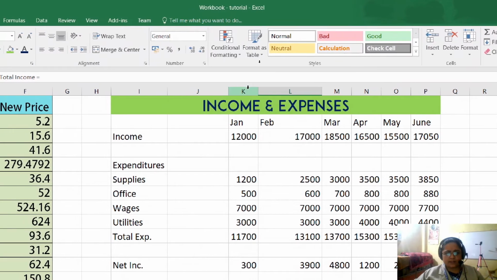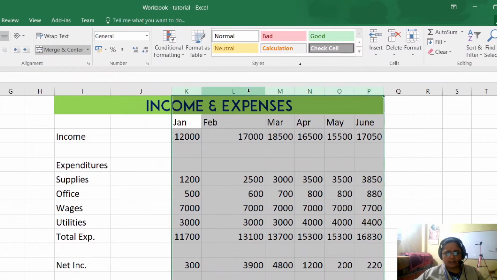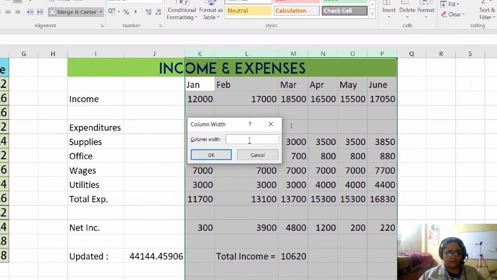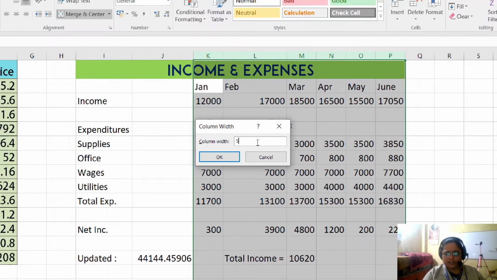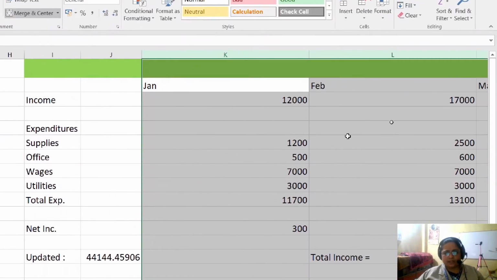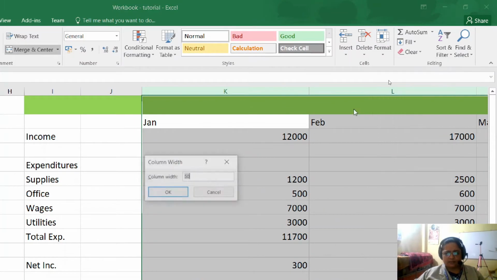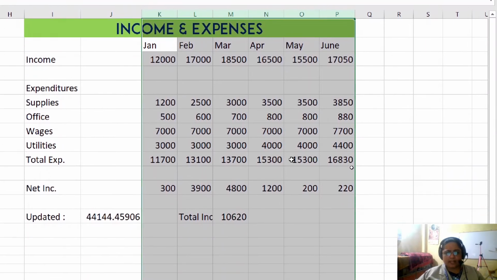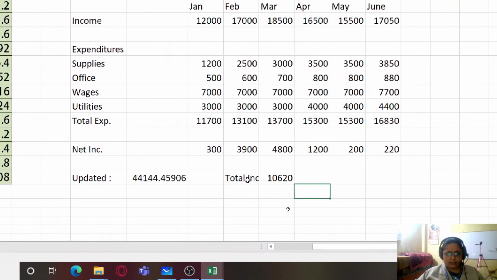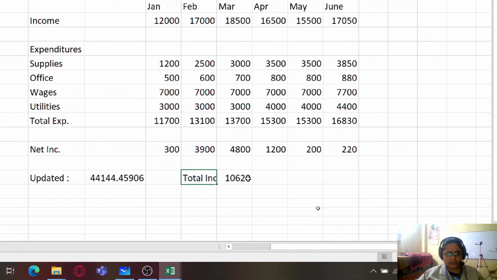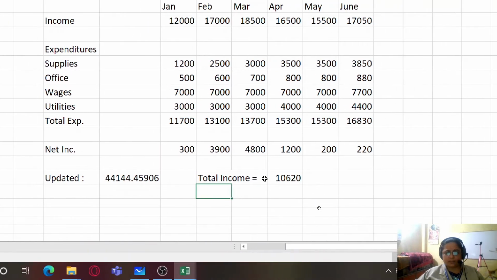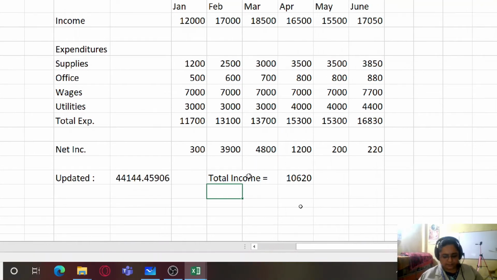So I am going to just select all these cells and go to the format option, column width option, and just provide a column width here. And let me provide the column width as 50. So 50 is very large, so I'll again select, and you'll have to do some hit and trial over here. Maybe 10, and I think 10 is quite okay. And I have to also format this particular cell. So what I'm going to do is just carry this content elsewhere. And now you can see that total income just appears just about right.